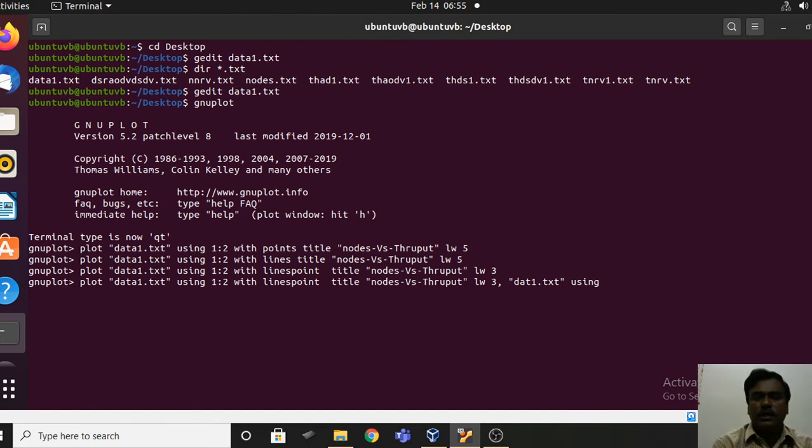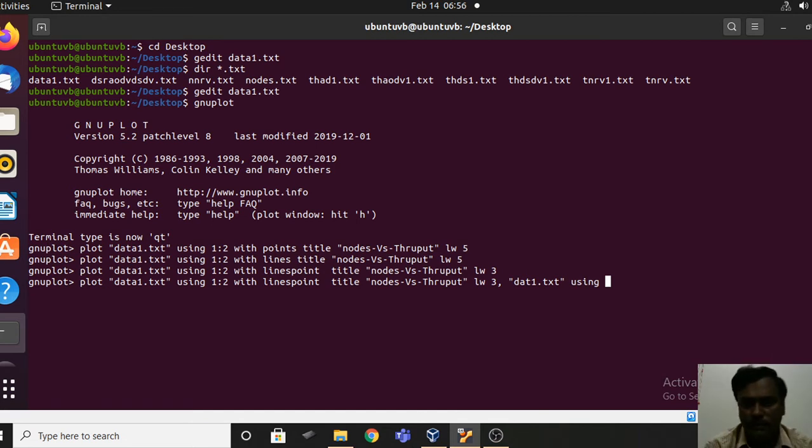You know that column 1 represents number of nodes, column 2 represents throughput, and column 3 represents delay. So this time I want to plot the graph nodes versus delay.